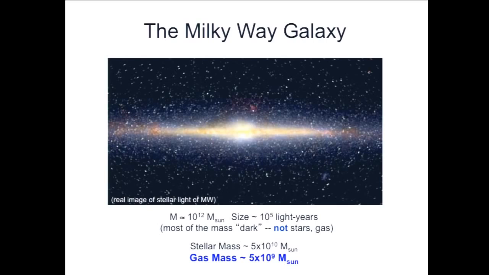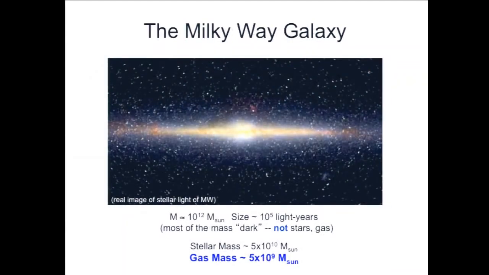This is, again, the picture of our galaxy, the Milky Way galaxy, seen in starlight. Again, disks and spheres, as we talked about last time. There's the disk that the sun is part of. The sun is in the outer part of the disk of the Milky Way. At the center, there's a little sphere of stars. But that basic geometric configuration describes our galaxy. Most of the mass in our galaxy is dark matter, as we'll discuss later in the class. That's about 1 trillion times the mass of our sun in dark matter. The mass of stars in our galaxy is about 50 billion times the mass of the sun.